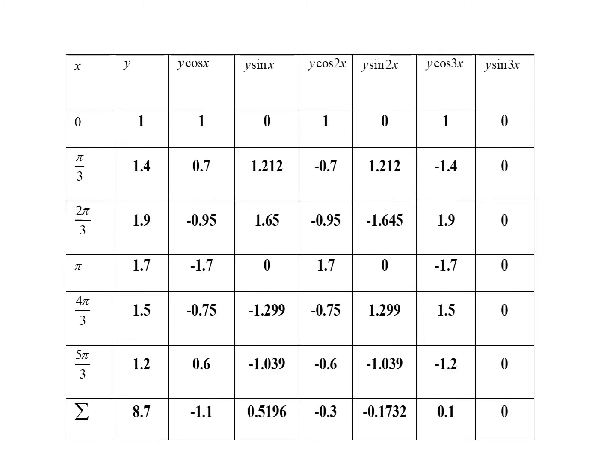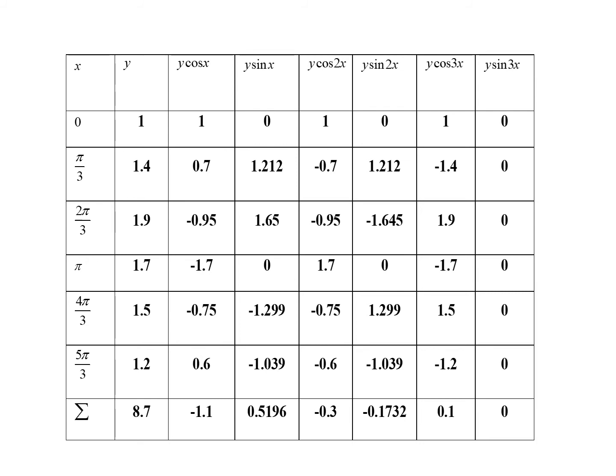Yeah, this is the tabular column you have to frame. So look at this tabular column. The first column and the second column are given in the problem itself. X and Y values are the values which were given in the problem. And remember, since the first Y value and the last Y value was repeating, we had cut the last data. So we are stopping the data only till 5 pi by 3. And these are the values we need to substitute in A0, A1, B1, etc.